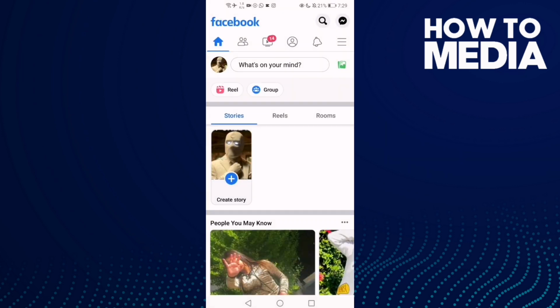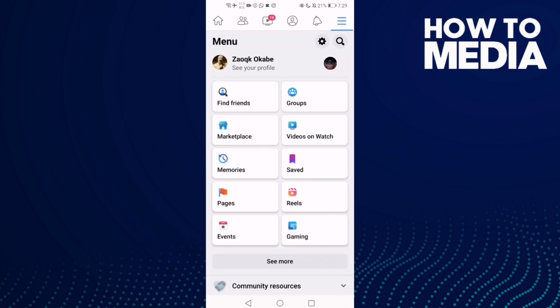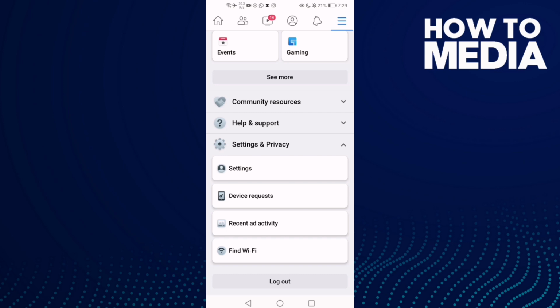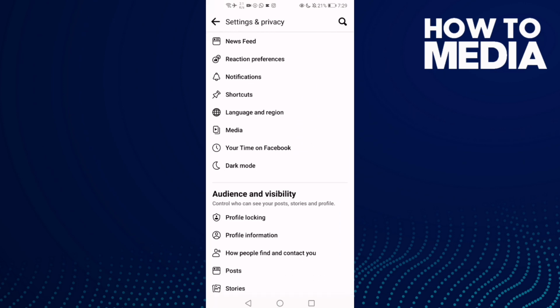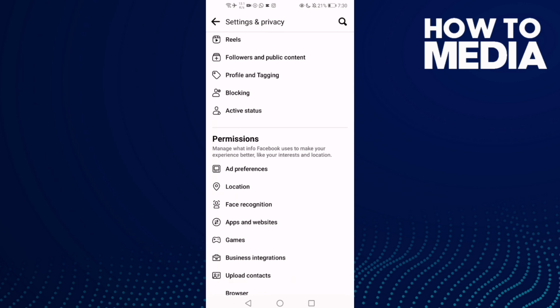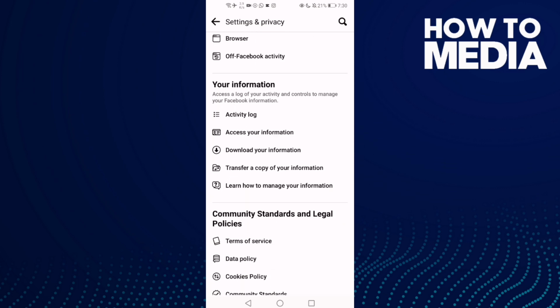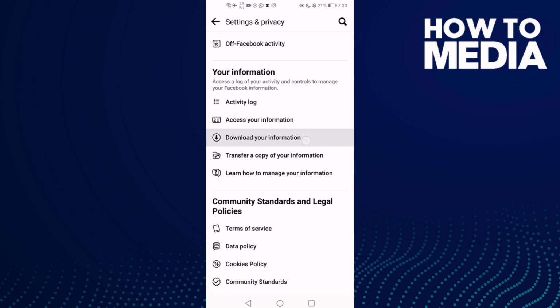First thing, go to Facebook and then click these three lines here in the top corner and go down, click settings and privacy and then settings, and now go down until you find this one, download your information,